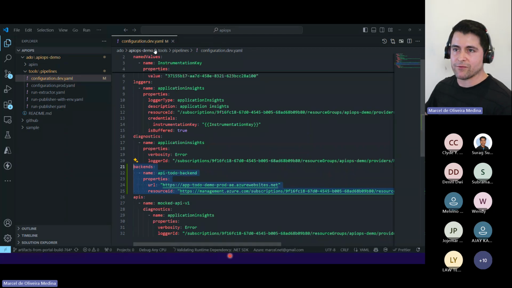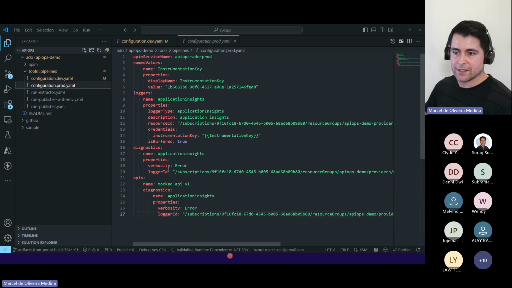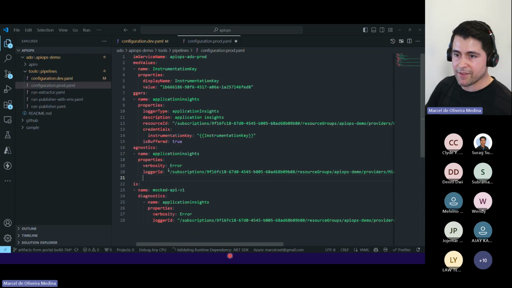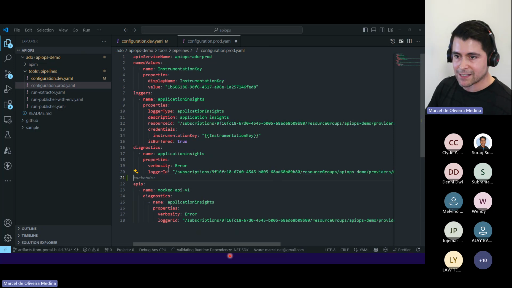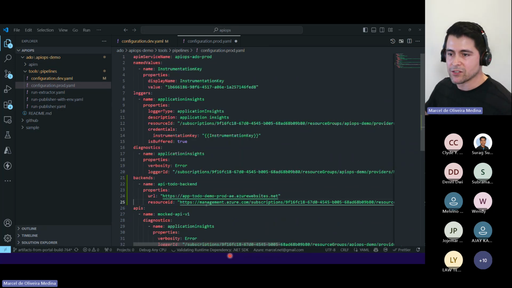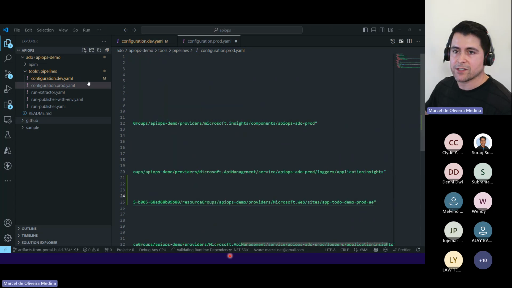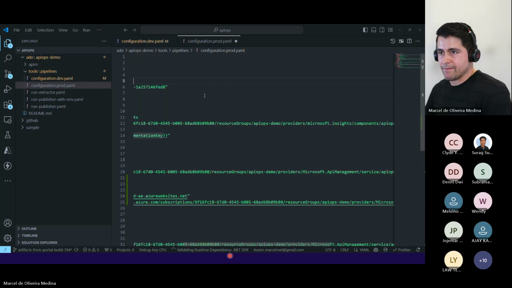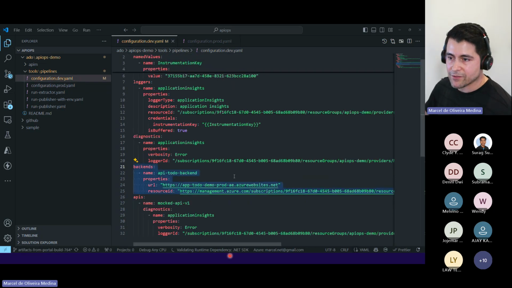I want to do this for production. Let me go to production. Under diagnostics, I want to specify a variable because my backend should be for production. This one is for production. Let me just double check. Production. For the dev, it should be dev.